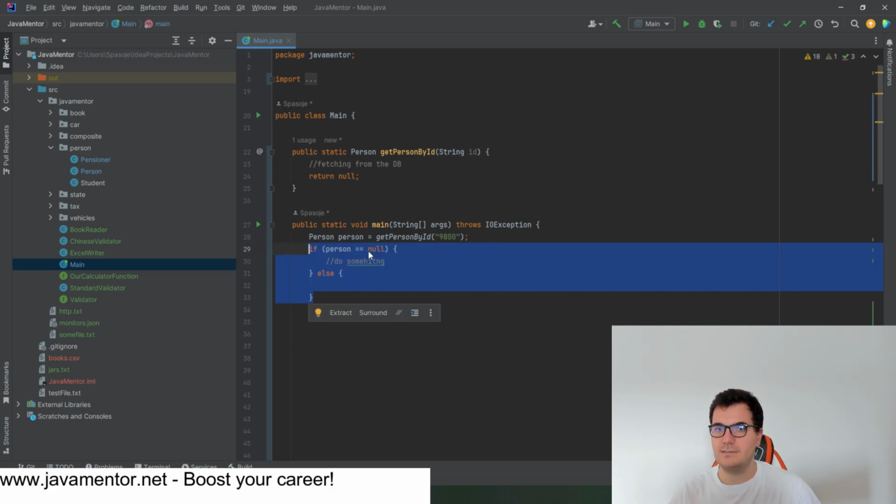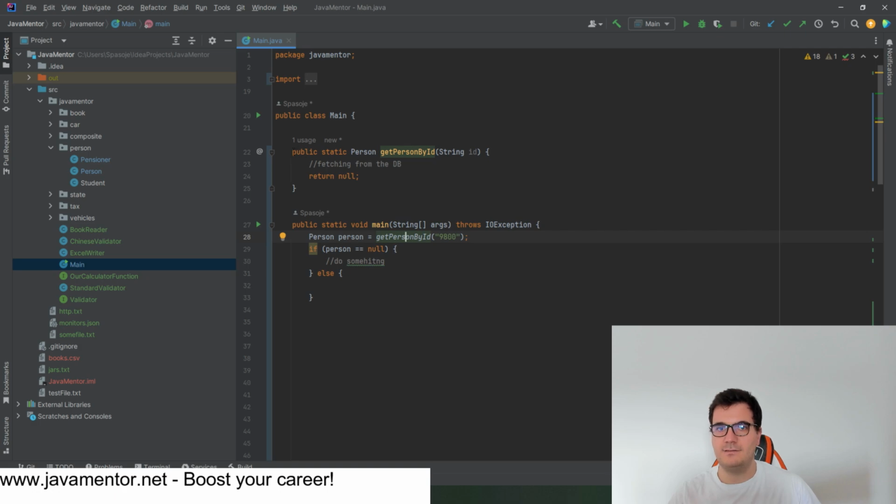Well, this is, first of all, easy to forget. The second thing is that nothing inside the declaration of this method is telling the client of the method that you need to handle the null case. Like, maybe someone might expect that if the person is not present, an exception will be thrown from this method, some runtime exception, right? Well, to indicate to the clients that they need to handle null,